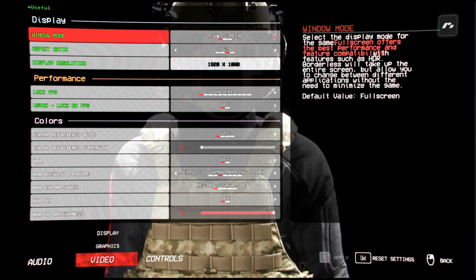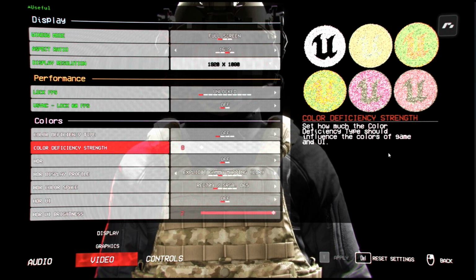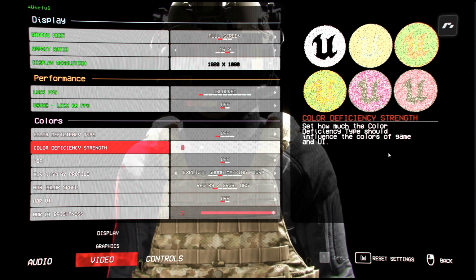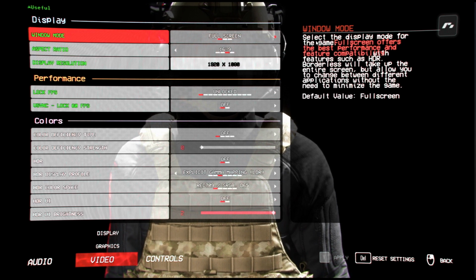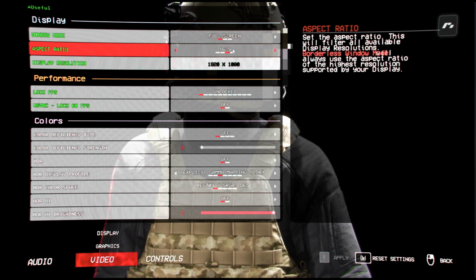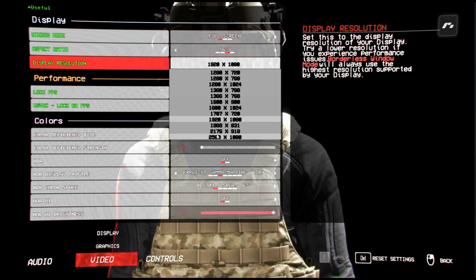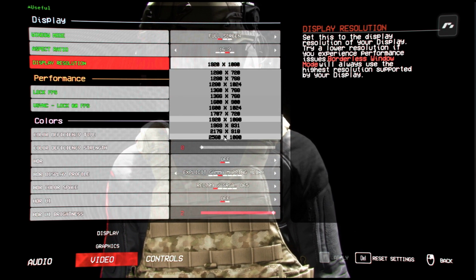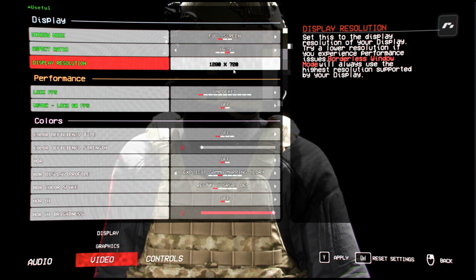Some people like to do borderless, but the reason I do full screen is because I'm using a wide screen display. So I just kind of have to do full screen or else it just messes things up. I'm at 16 and 9 as you should be. The default display resolution for me is 2560 by 1080, but I like to play on